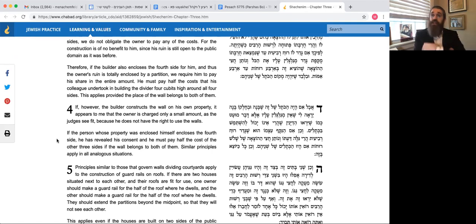So what Maimonides seems to be saying is, if you only surrounded your neighbor with 3 walls, your neighbor didn't really benefit in the main concept. Maybe it's nicer, but he didn't really get the security. So he can argue, I really didn't get any benefit. You can't bill me at all. But if the person who did not build the 3 walls builds himself a 4th wall, that's easy to defend. If I build my own 4th wall after you build 3 walls, it's clear that I want your walls. And that building of the 4th wall shows the consent.